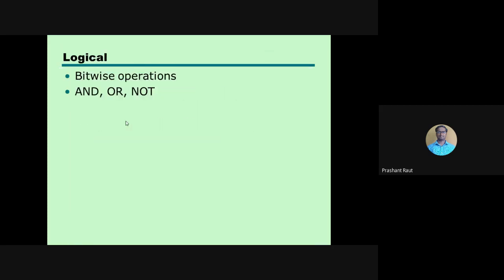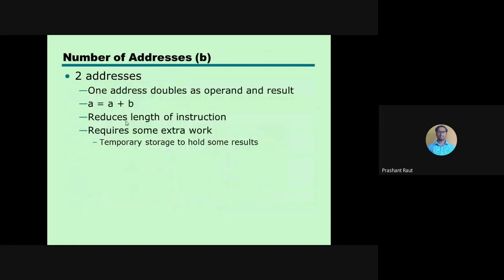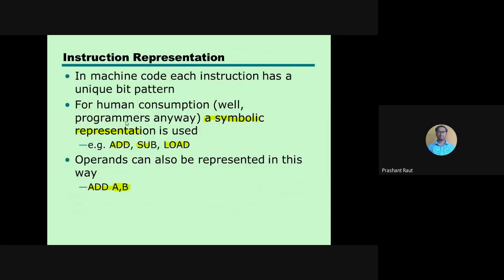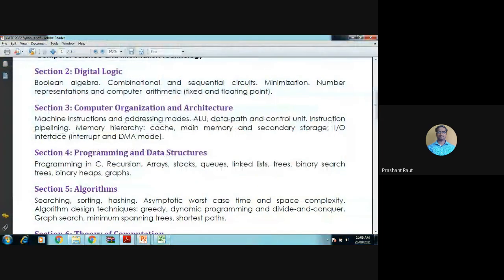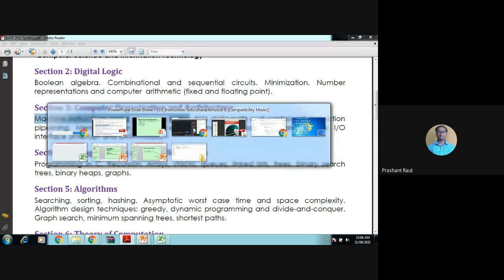So all these points were related to machine instructions. We have seen the format, the state diagram, the different addresses in an instruction, and the different types of operations that can be performed using instructions. Now the next point we are going to see is different addressing modes. So here we have the first point, machine instructions, and then addressing modes.